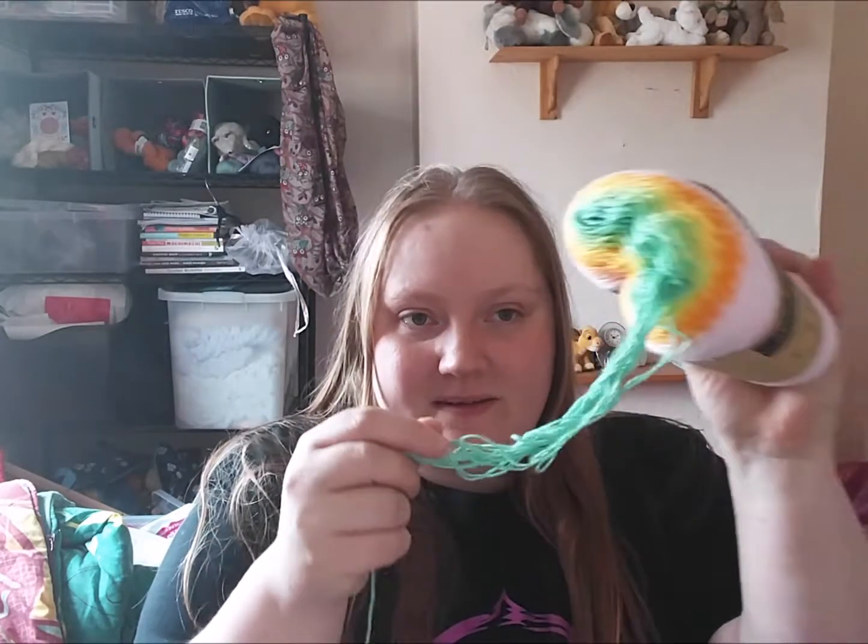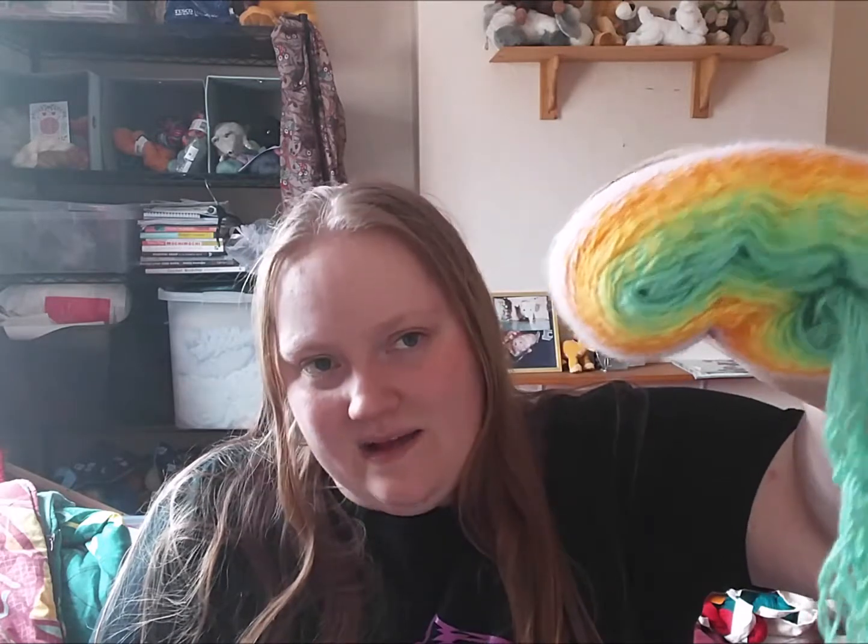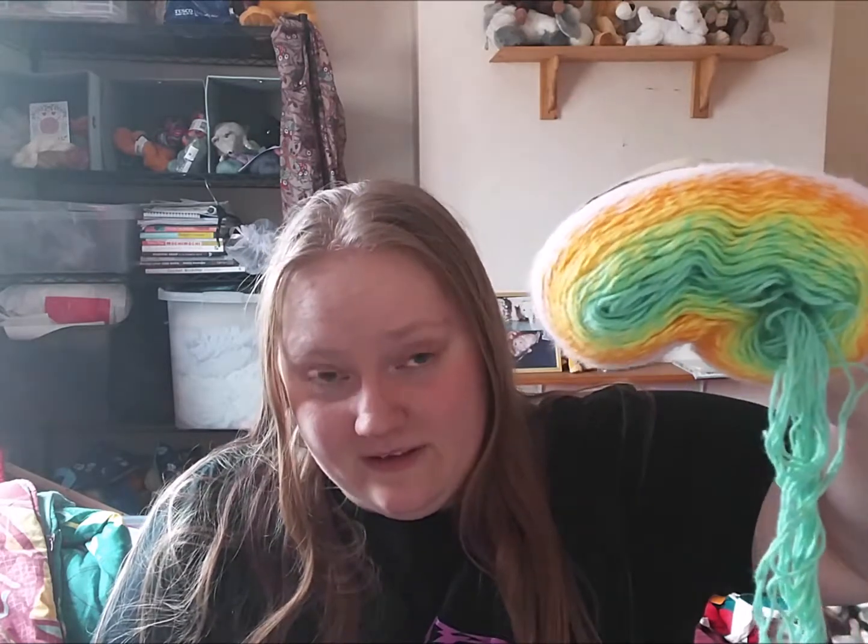So that doesn't have a pattern. The yarn I'm using is a Shapey's Whirl, as I showed you. So ignore the big bit that's coming out there. That's the next colour to use. So I've got green, I've got yellow, I've got orange, and then when I hit the pink, I'm going to do a few rows of pink, and then my decorative edging bind off, which I've still got to decide what I'm actually doing, but I dare say I've got another 6 or 7